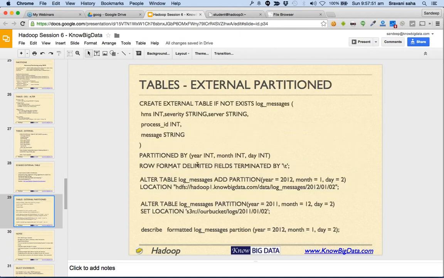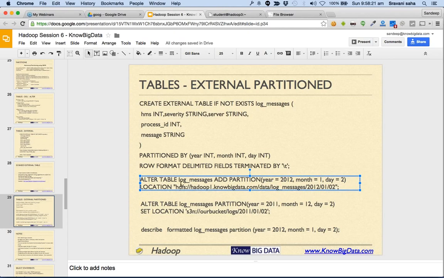Also, external tables can also be partitioned. For example, we are creating these log messages to represent our error logs from servers. We are partitioning it by year, month, and day, which means for different years, for different days, we are going to have different files underlying. Now, at a later point of time, you could also add a partition into this table